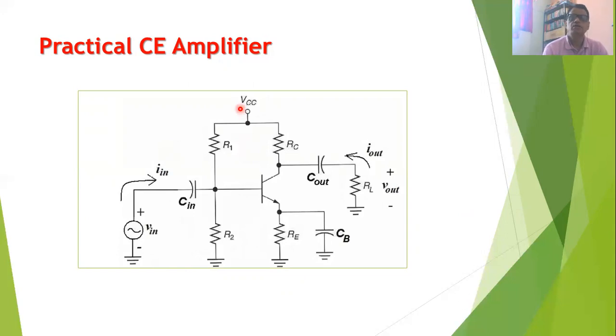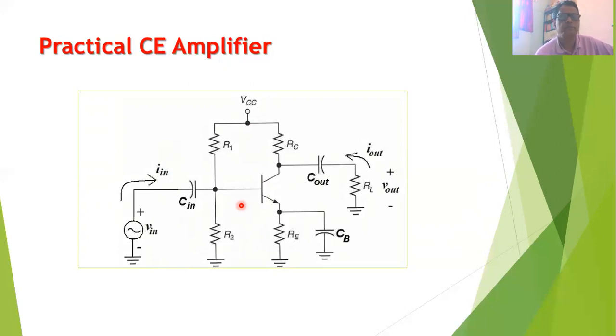For such a case, we need to use a biasing circuit for the transistor. So this is a voltage divider biasing circuit. The resistances R1, R2, RC, and RE form the biasing resistances for the transistor. And we can use only one battery. Such a circuit is called the practical CE amplifier. That is, whenever we want to study the CE amplifier practically, we connect the transistor as shown in